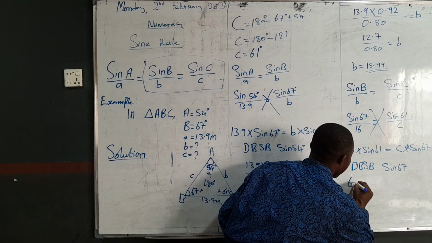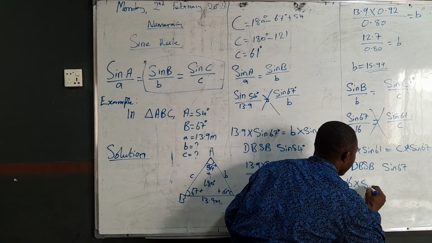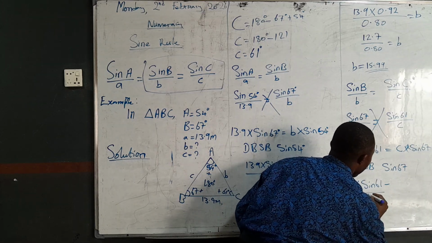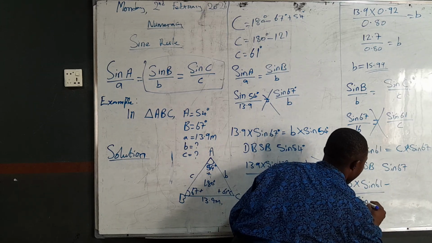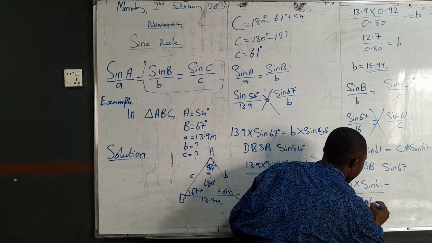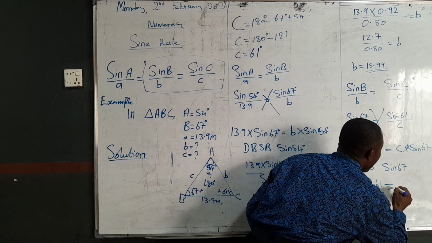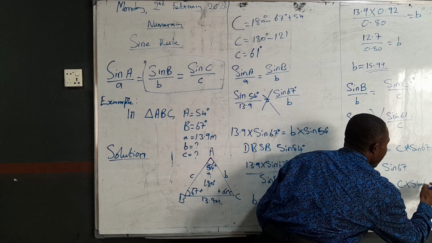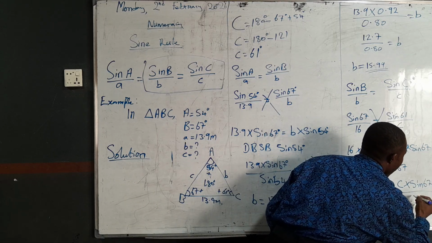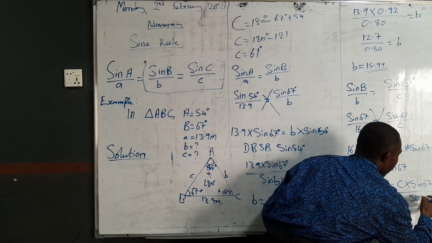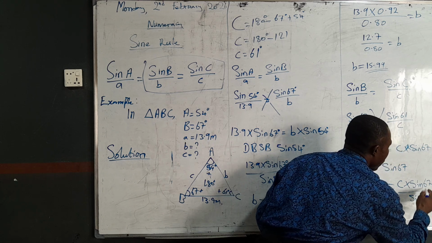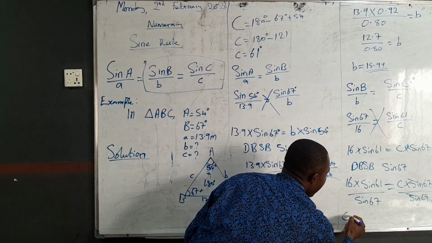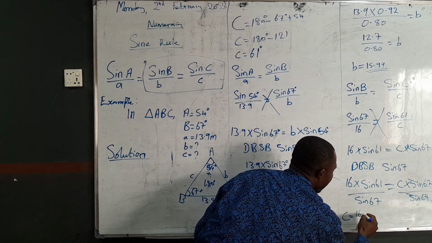So we have 16 times sine 61 all over sine 67 is equal to C times sine 67 over sine 67. So what will happen? This will cancel, and we are left with C is equal to 16 times